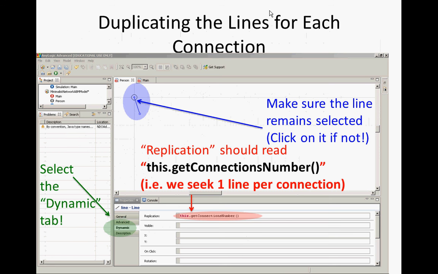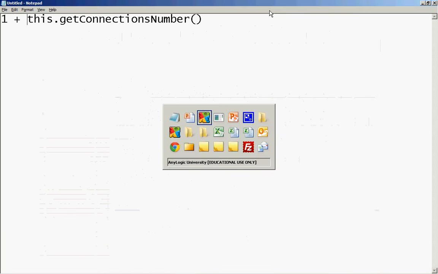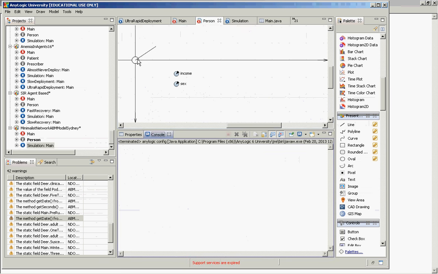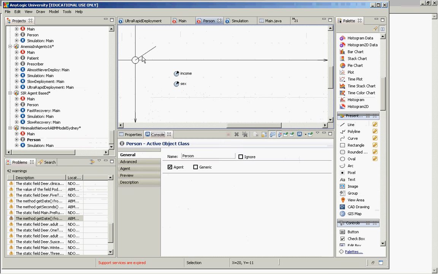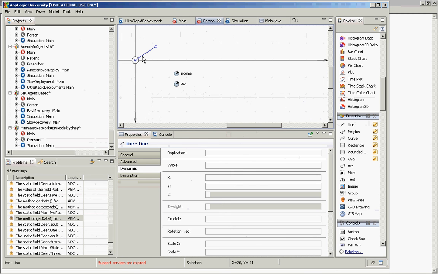So, ladies and gentlemen, earlier we wanted to set the properties of the oval. We wanted its color to change based on the person's sex. We wanted its size to appear based on the number of connections. Where did we go specify those things? Where did we go define what its size should be for the oval? Where did we go define it? What did we go to set that property? We went to the